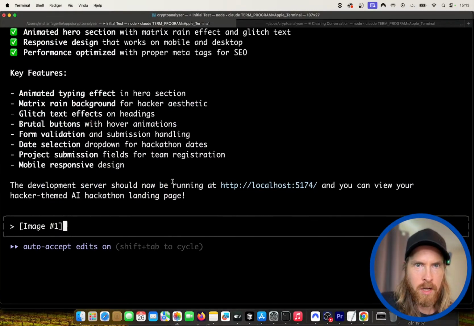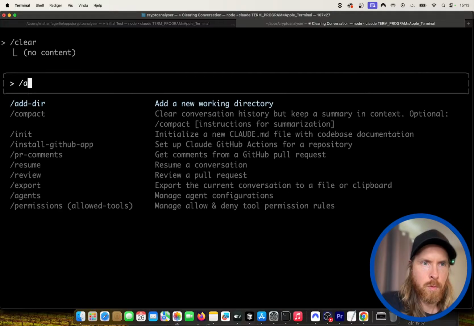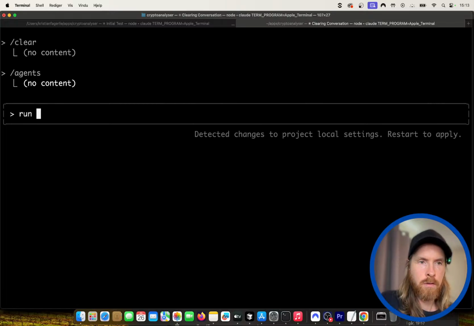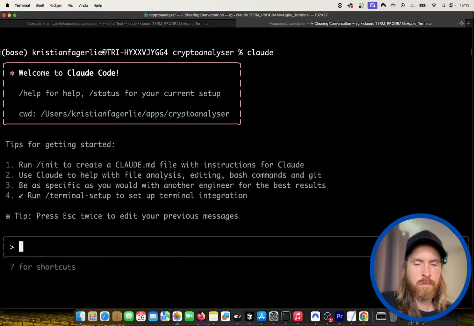So now I'm gonna try the agents. Run the front end agent and back end agent in parallel.